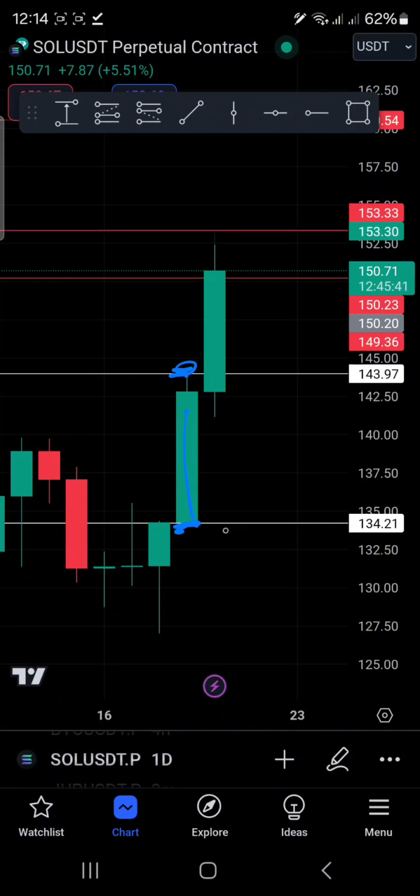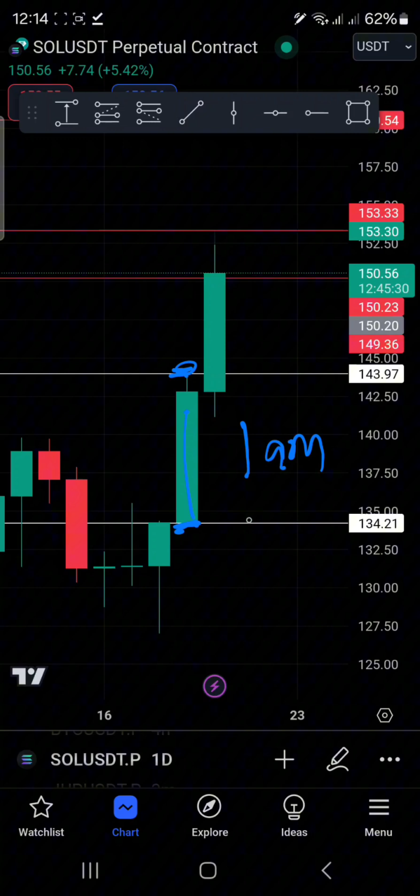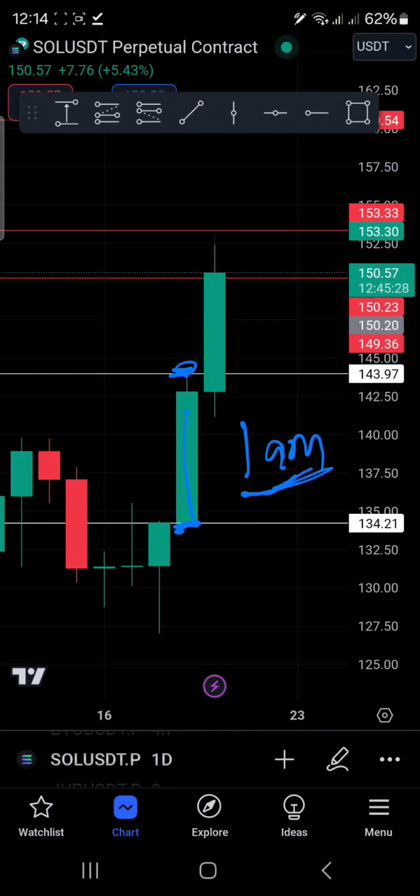Now don't forget that in the crypto market, a new candle usually forms by 1 a.m. Nigerian time. If you are in Nigeria, then by 1 a.m., when you're about to sleep or something, if you're not trading the Tokyo session, the candle will close by 1 a.m. So it's also a very good time to trade our strategy. A very good time. Yes.